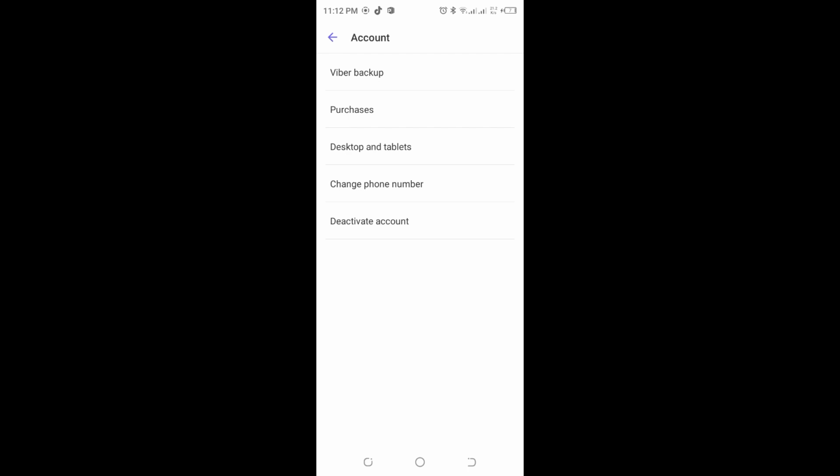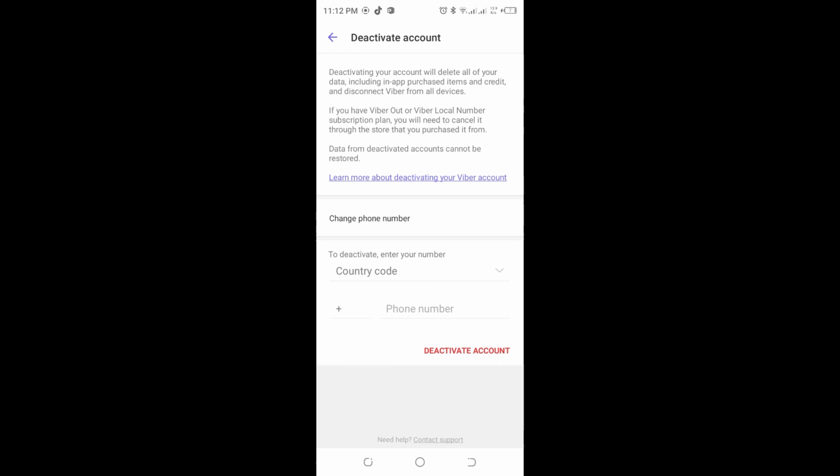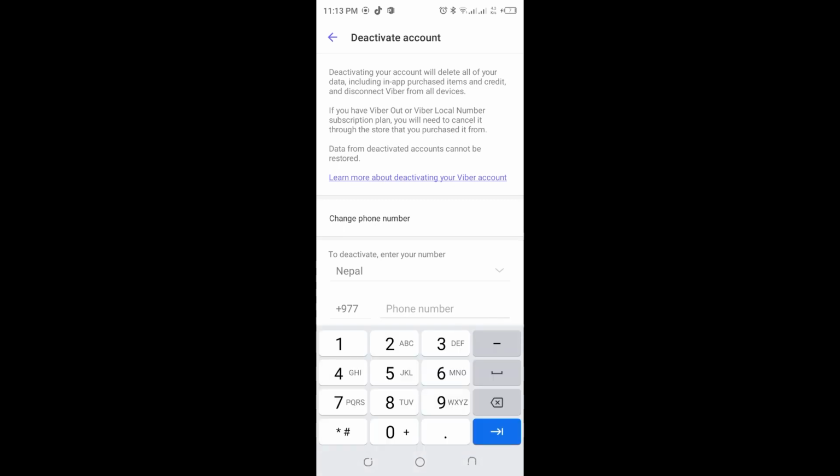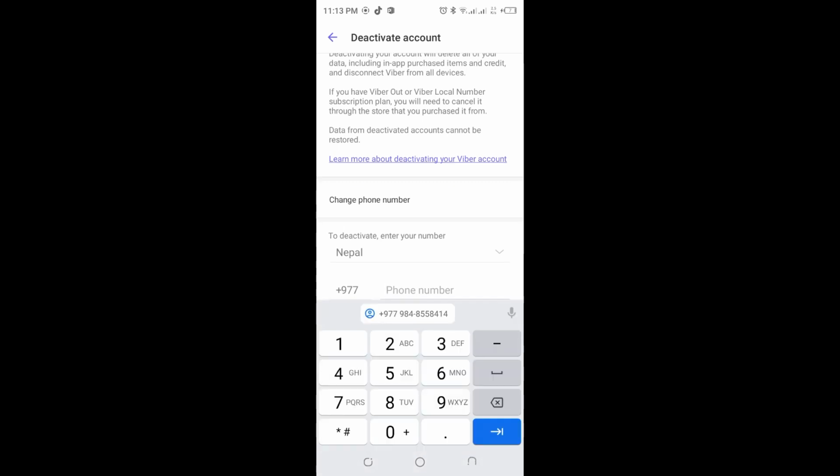So simply tap on Deactivate Account at the bottom, and we can see on the red font, in the bottom, there's a Deactivate Account. So I'm just simply going to tap it here as well. To deactivate the process, we are required to enter our phone number. I'm just going to type my current phone number that is on the Viber,